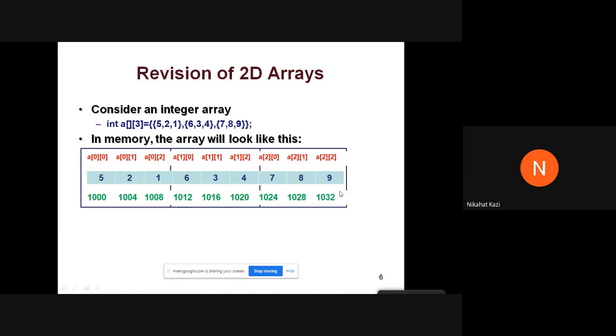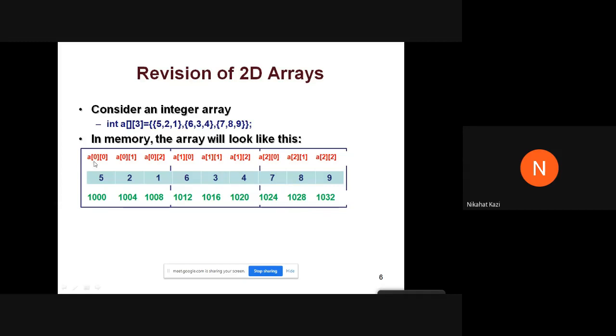It is just a sequence of memory addresses. So everything will be stored one after the other. There is no 2D something that is formed in memory magically, right? Only for our understanding and from the programming point of view, we assume that the 2D array becomes a matrix so that we can visualize it better. Okay.